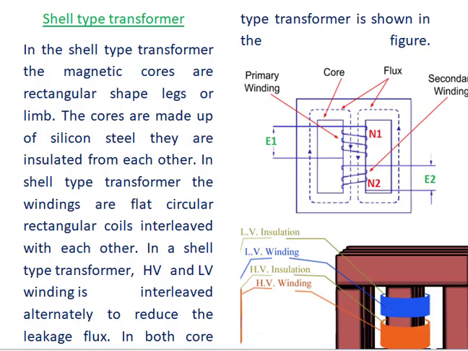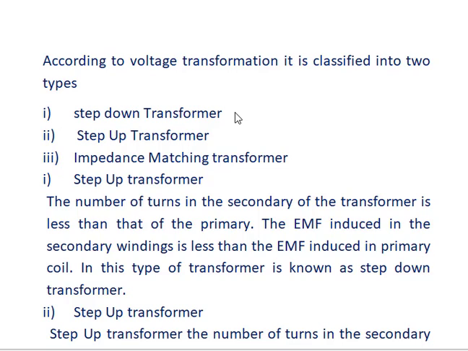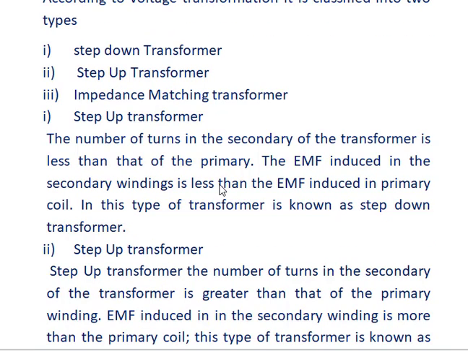Next we see another two types depending upon the voltage transformation. Depending upon the voltage transformation, the transformers are classified into two types. One is step down, another is step up transformer. One more transformer is there. It is an impedance matching transformer. What is step up transformer? The number of turns,